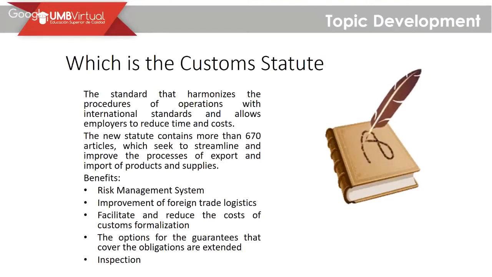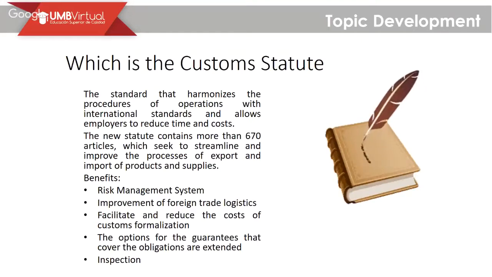What does this mean? This means that the last documents that were implemented here in Colombia for all the clearance process and customs transport from Colombia to other countries and from other countries to Colombia were too old, and that's why the government and the DIAN thought to make a better implementation of the rules that govern this country, in order to find a better solution for all the clearance process and all the distribution and logistics process, to bring products or services from other countries to Colombia and vice versa.